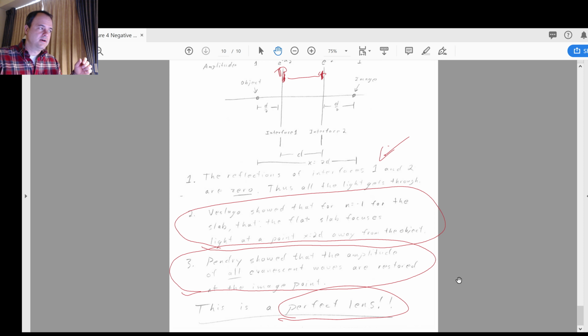All right, and so basically you can't resolve features that are smaller than about lambda over 2 in size, where lambda is the wavelength of the light you're using. And that's called traditional diffraction limited optics. That is encountered when you use regular materials for the lenses. But if you could get around that such that you don't have that equation,